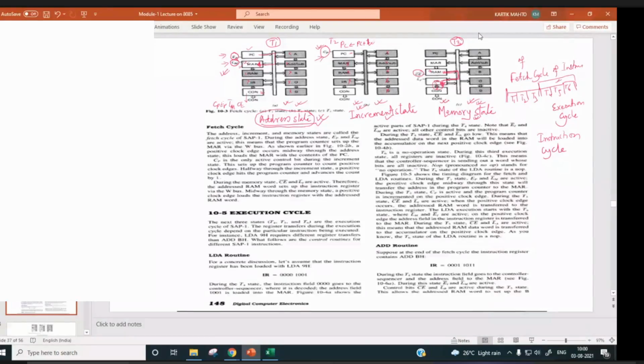So processor has to go through fetch cycle and execution cycle in order to execute an instruction. Right? And for executing an instruction, processor will go through an instruction cycle which consists of what? Fetch and execute cycle.